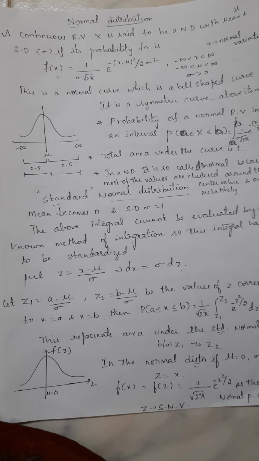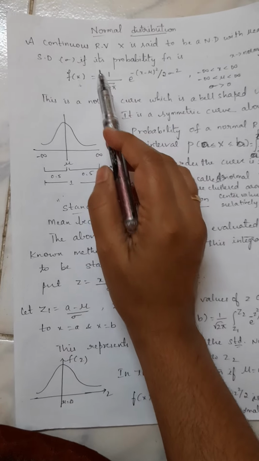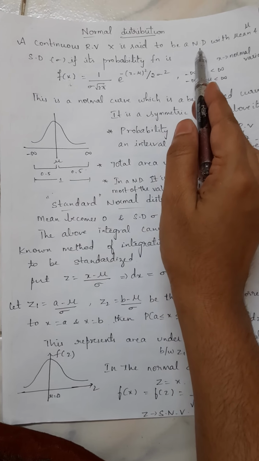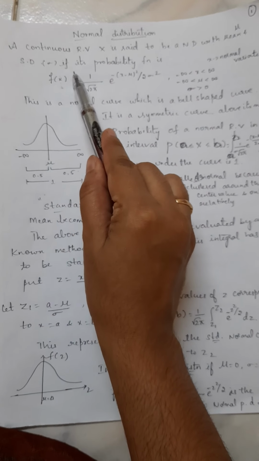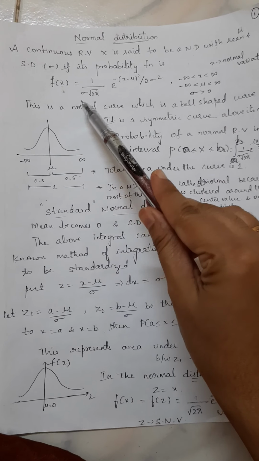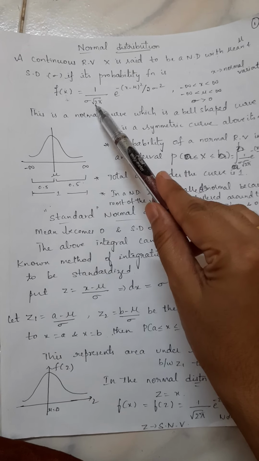In this video, let us discuss the normal distribution. A continuous random variable x is said to be a normal distribution with mean mu and standard deviation sigma if its probability function is f of x equals 1 by sigma times square root of 2 pi e to the